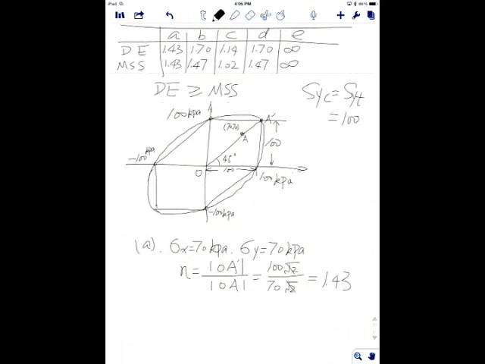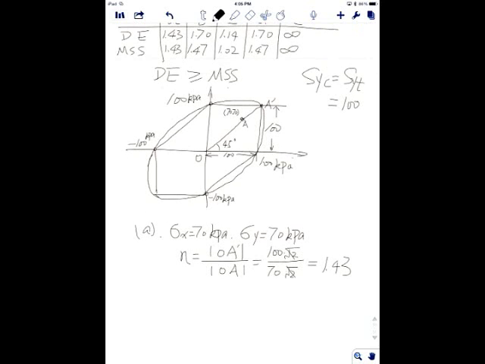Now, is this an accident? It's not, right? Because design safety factor is a measure of the maximum stress you can apply divided by the stress that you have, right? Okay, so now this might be a coincidence, right? So let's look at other things. For example, let's look at case B.